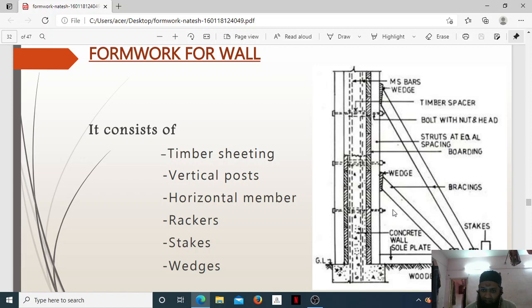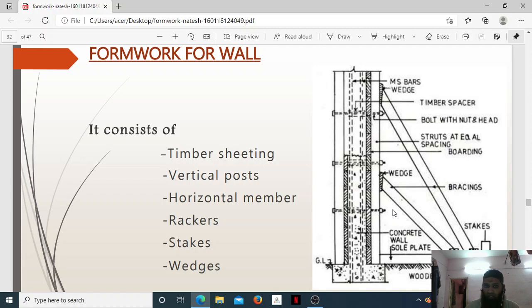In the same way, with the increase in technology, precast beams are also cast, precast columns are also casted, and the same way precast walls are also casted. They are brought and fixed there the same way. But sometimes, if they are not precasted, they are also casted on site. At those places we need the formwork depending on the wall also. Where the wall is a simple concrete wall, in those places we need the formwork of this type.